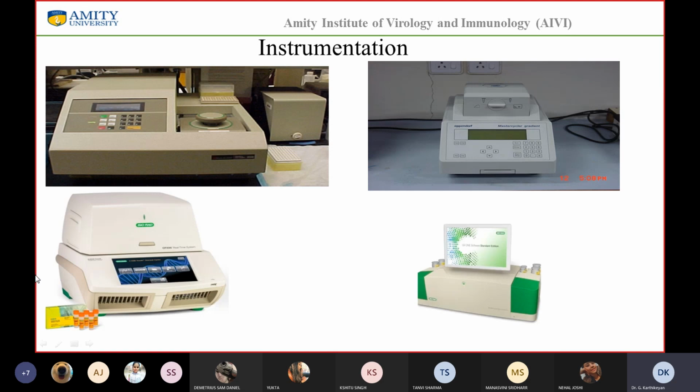So this is the first generation PCR machine, which was designed by Cetus Corporation. They had a monopoly. Nobody could do PCR or use this PCR machine without their express permission. You needed to have an agreement with them and all that. But eventually